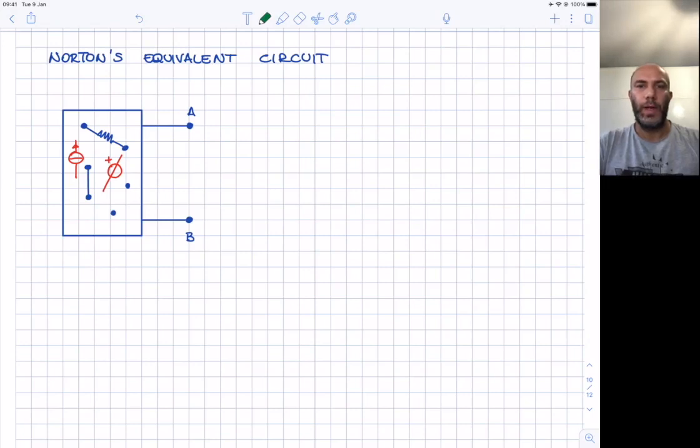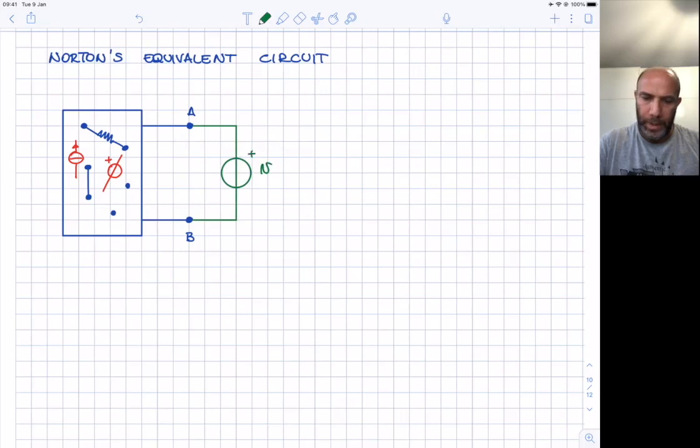The Thevenin's equivalent circuit is not the only possibility to simplify a generic two-terminal component made by resistors, short circuits, open circuits, voltage generators, and current generators. In fact, we can repeat the previous study, but this time, instead of using an external current generator, we can put here a voltage generator whose electromotive force is V, and calculate the current I